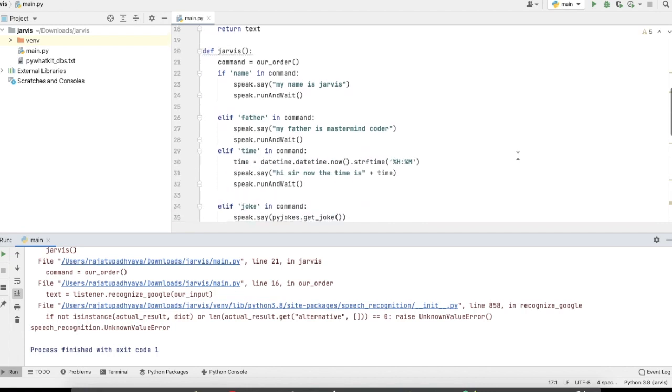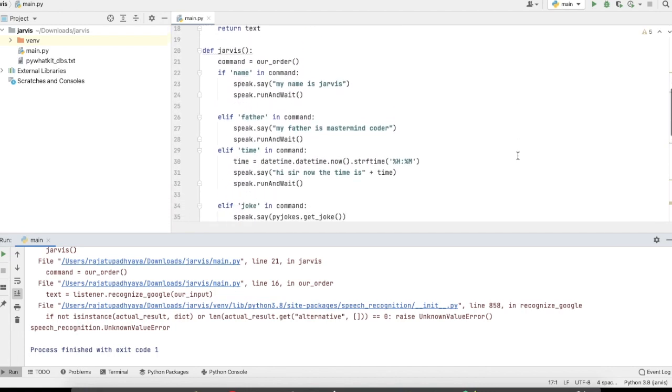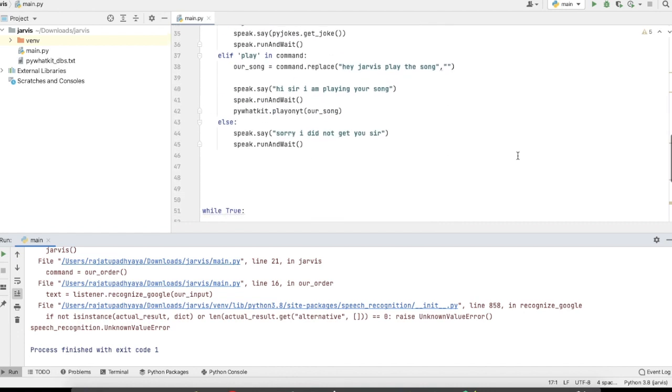Now you can make your Jarvis as much as creative you are. You can also use here like screenshot, that hey Jarvis, please take the screenshot of this screen. Then it will also take the screenshot of that screen. For that screenshot function, you can prefer my old videos.